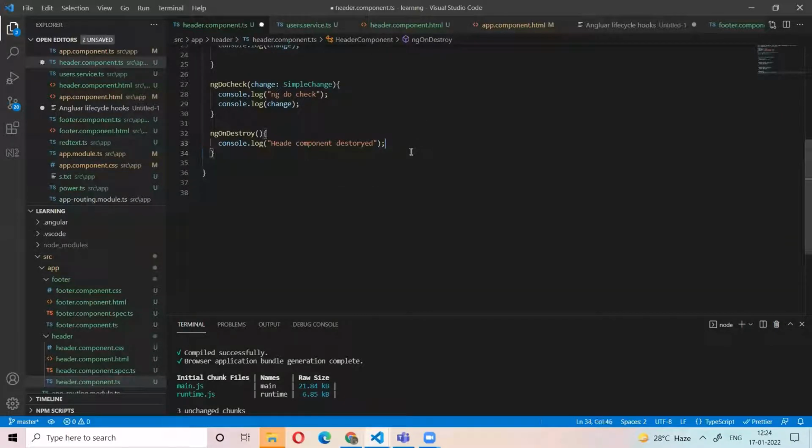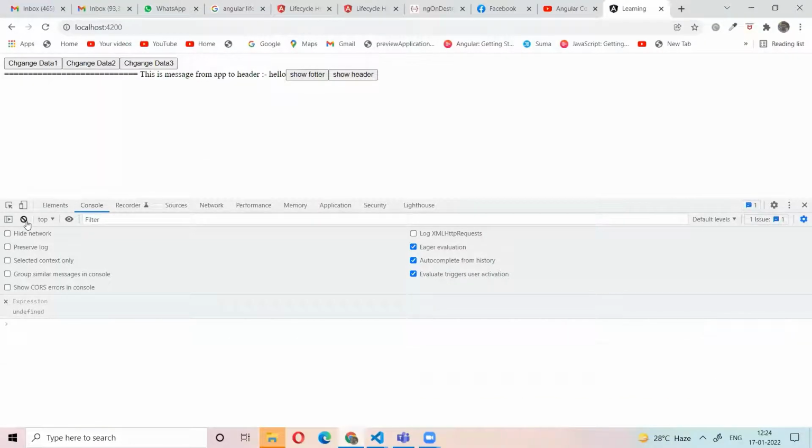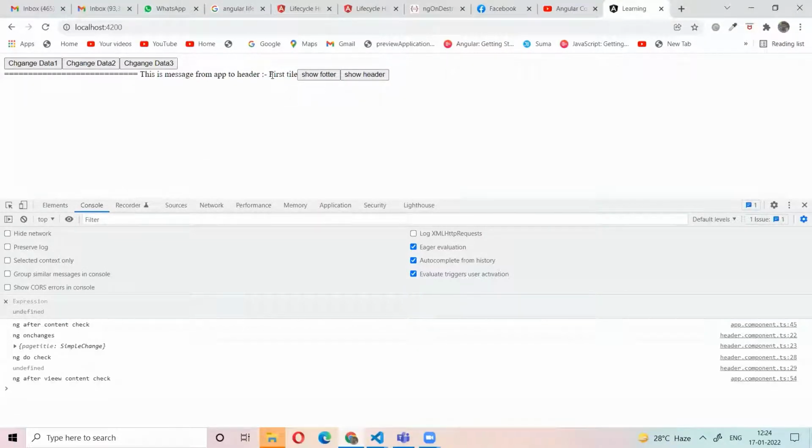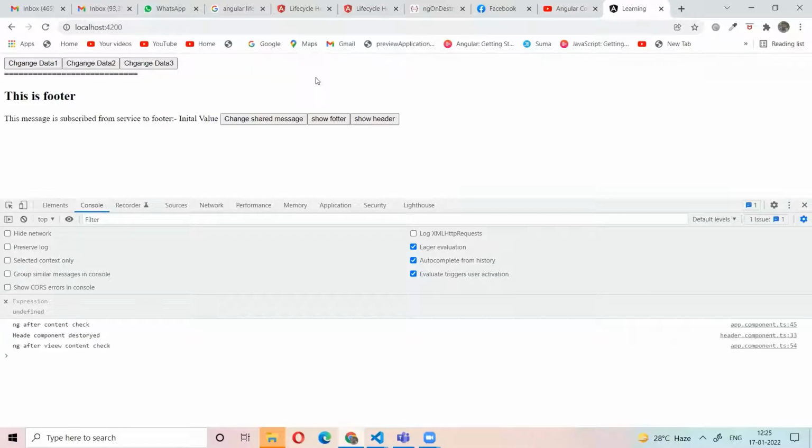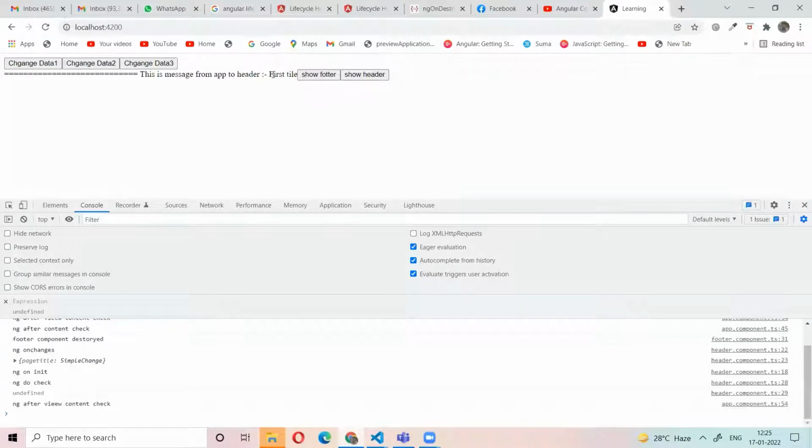Let's see some example. Now the page title, the first title, is in the header component. Let's click this one. See, the whole data is still coming here if you do not reset the variable.